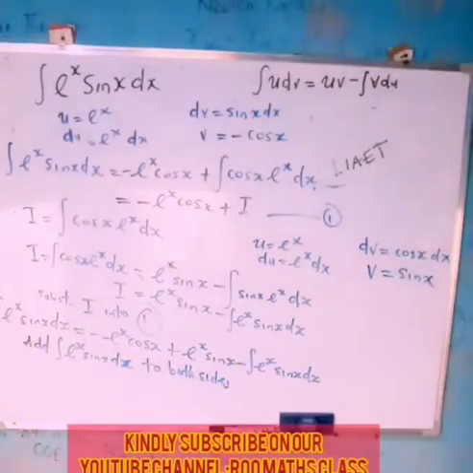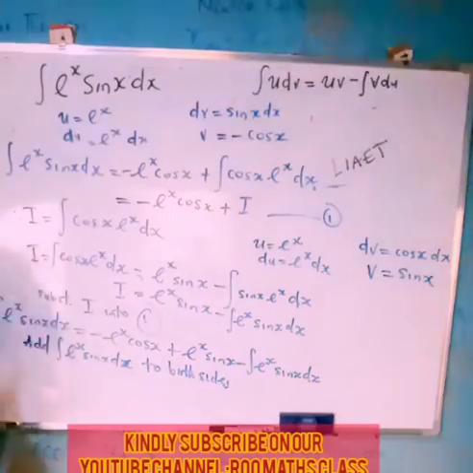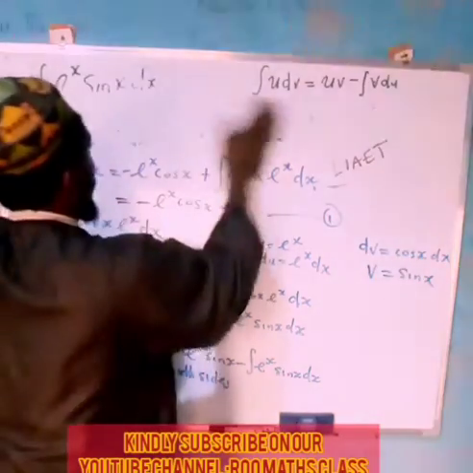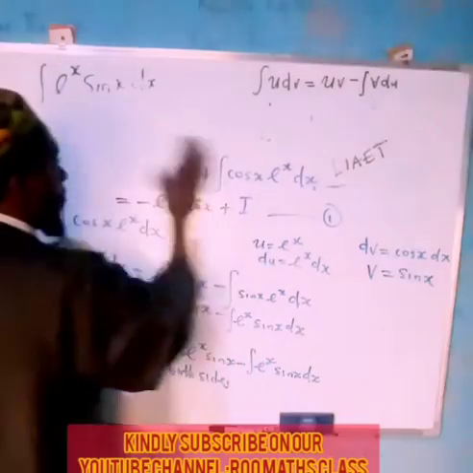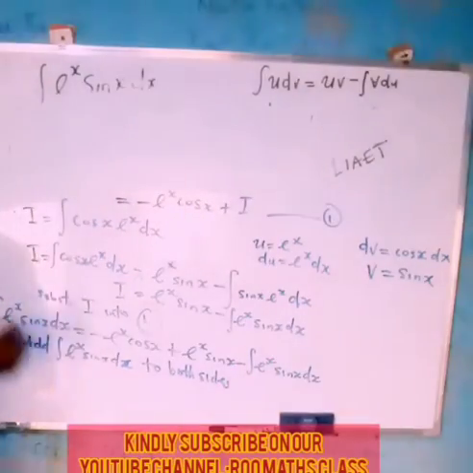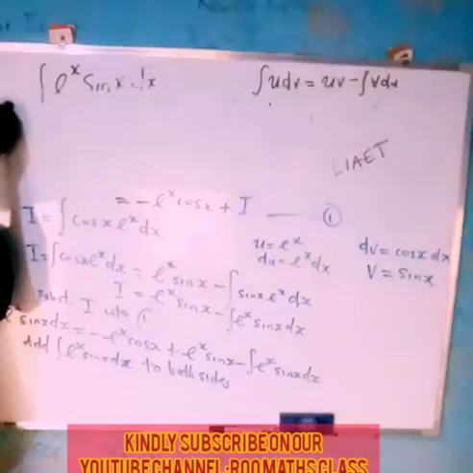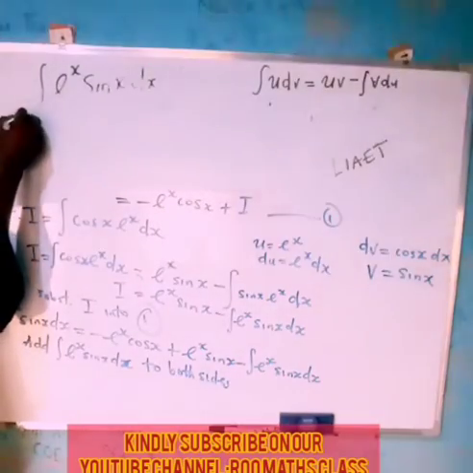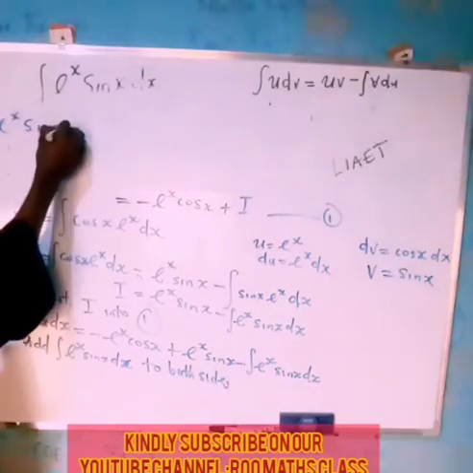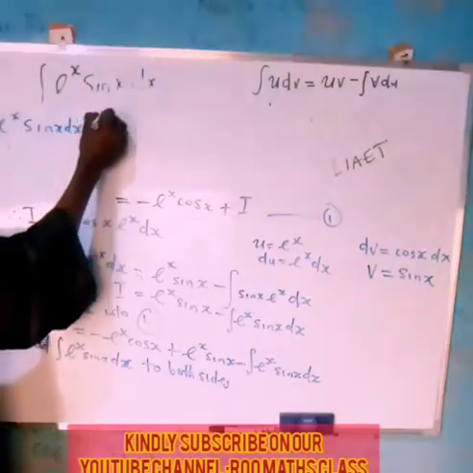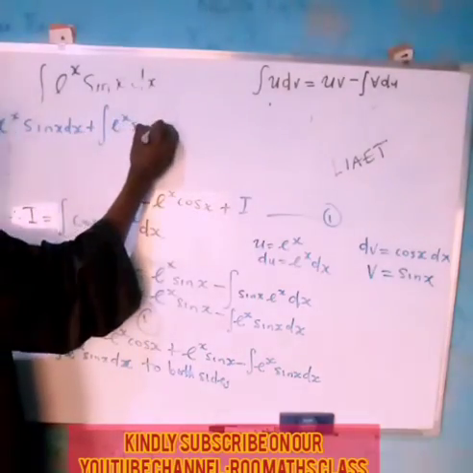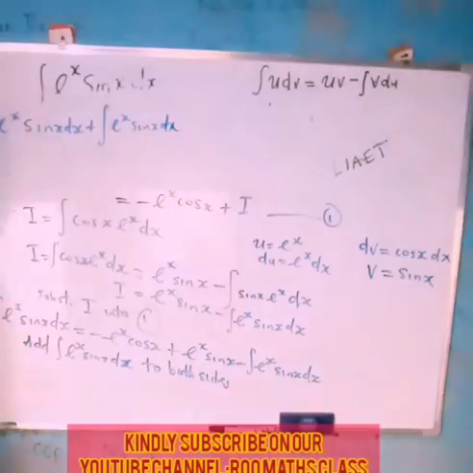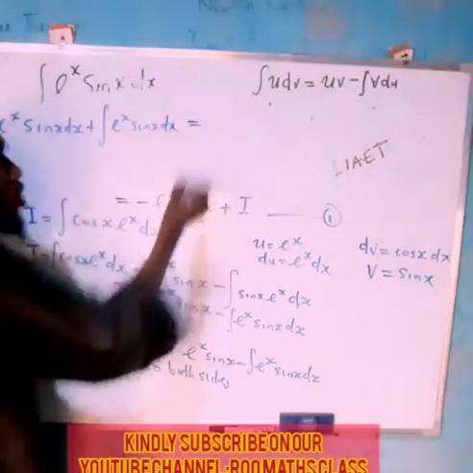By adding this, I'm going to have something like this: the integral of exponential x sine x dx plus the integral of exponential x sine x dx equal to,